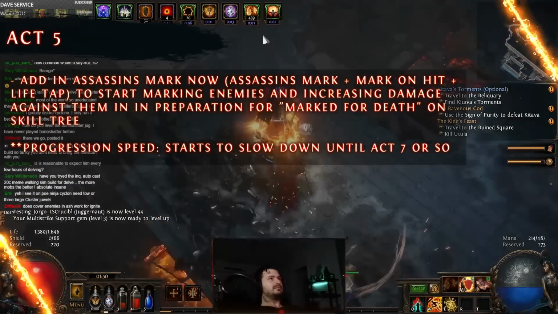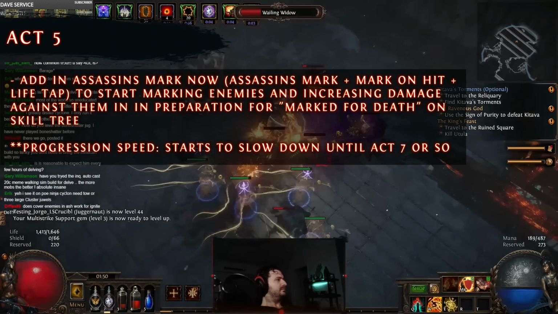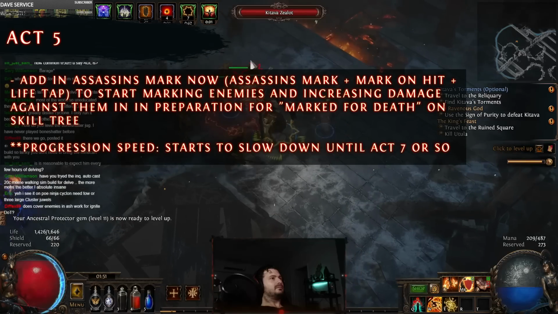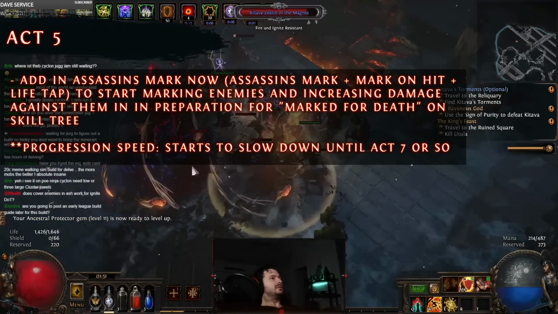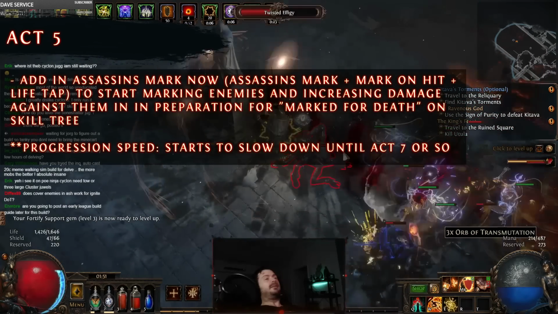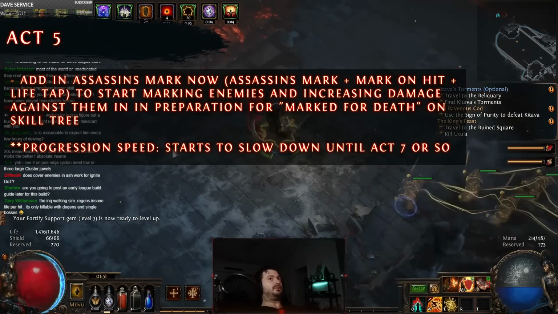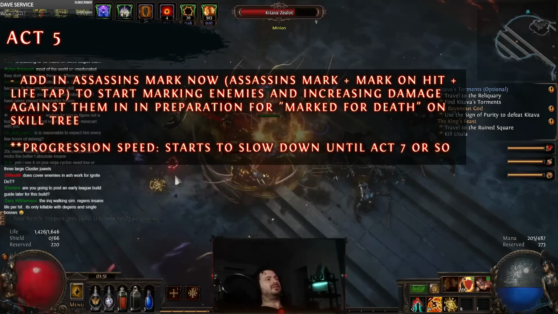Okay, so getting to the end of Act 5 now, you'll add in Assassin's Mark, Mark on hit and life tap, and that's in preparation for the use of Marked for Death, which is actually on the skill tree that you'll see in the leveling POB that we'll be moving to, which allows you to start integrating Cull into the setup. Now, also on that, you'll use the Mark Mastery, which allows you to generate frenzy charges, so 10% chance to generate frenzy charges when you hit a marked enemy,